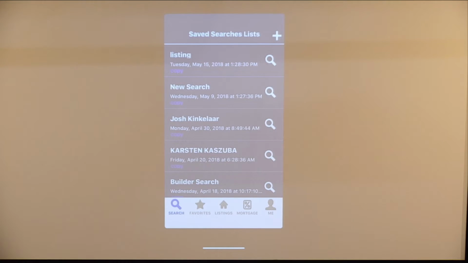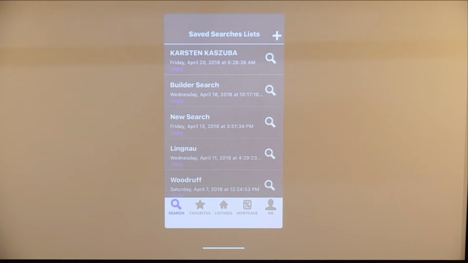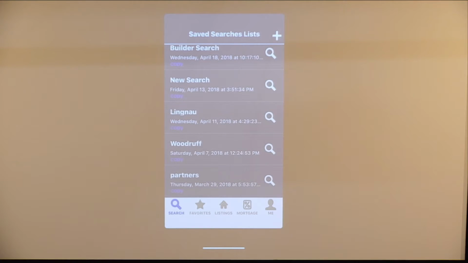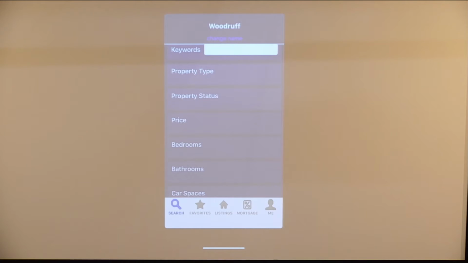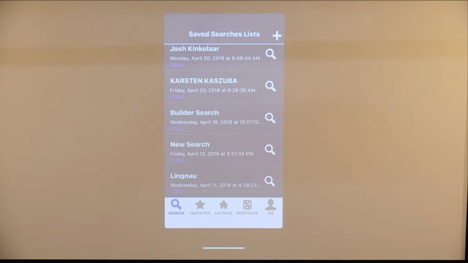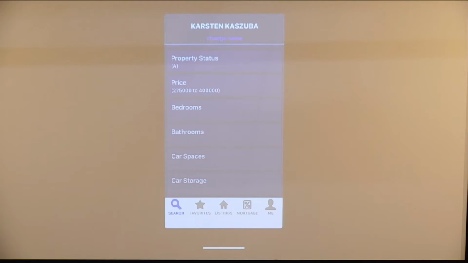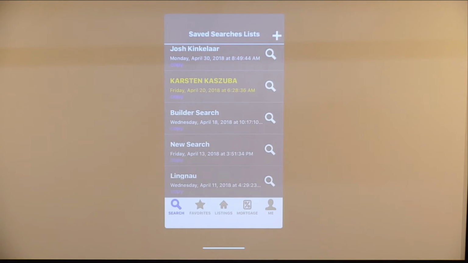Okay? And so this would be different people that I'm working with. Say there's a builder search or a new search, or here's a client, Woodruff, and it would always have that search. It highlights that search, and if I wanted to go back to their search, which says residential active from that price range. In my searches on this kind of program, I don't get very detailed, because the nice thing about this is if I'm only looking from 275 to 400 and I hit the search button,